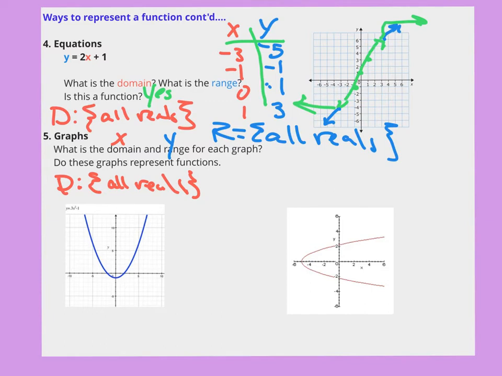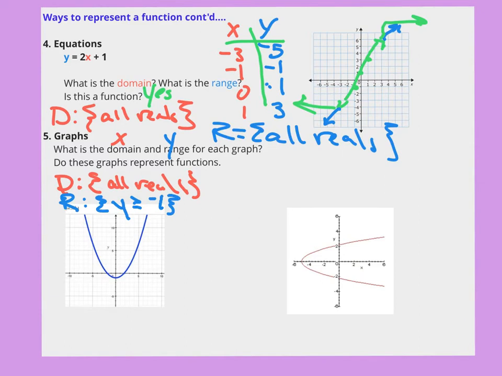So my range will be y's greater than or equal to -1. And that's because my graph has a lowest point. Then to test out if I have a function or not, I'm looking to see that each x value has exactly one y value. A quick way I can do that with a graph is I can do something called